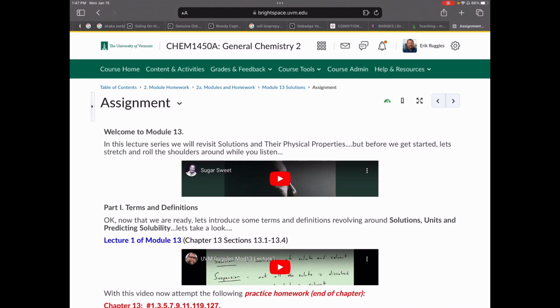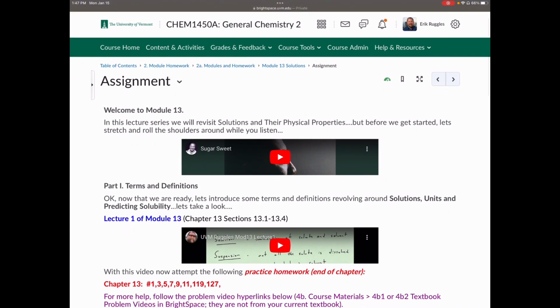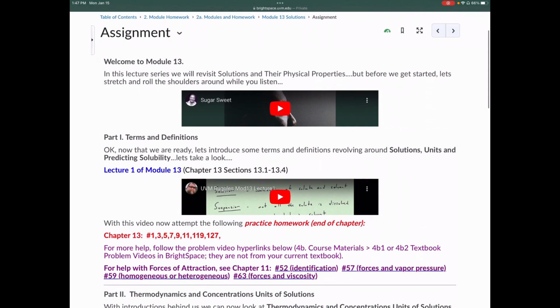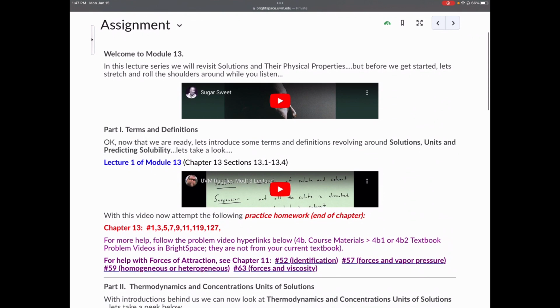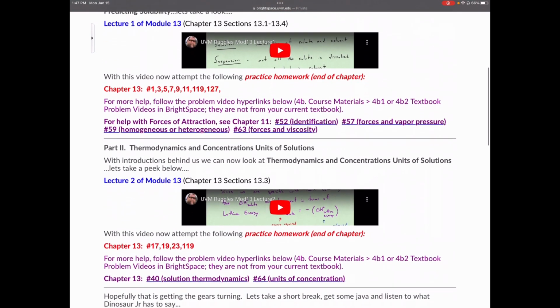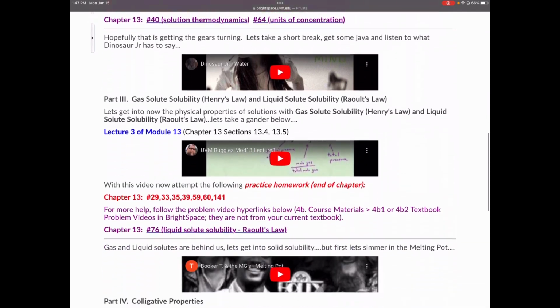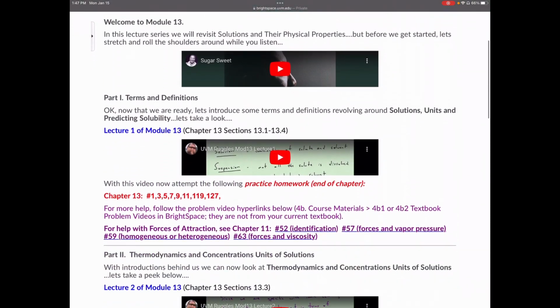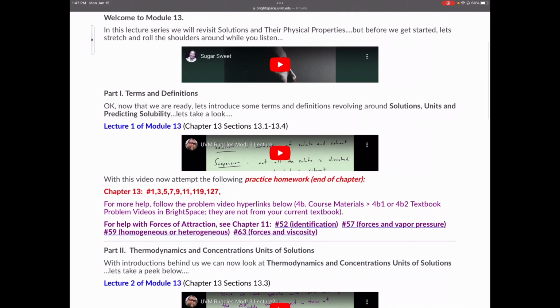Within each assignment, you will have music, but then we'll also have different parts to the assignment. Here, if we look at the top, we say welcome to module 13, but then we see part 1, part 2, part 3, part 4, etc. Within each one of these parts, if we look at the first part, part 1, terms and definitions, we have a video that's there.